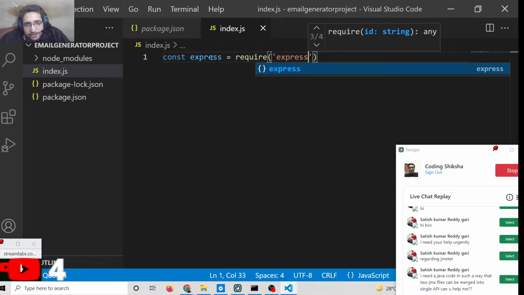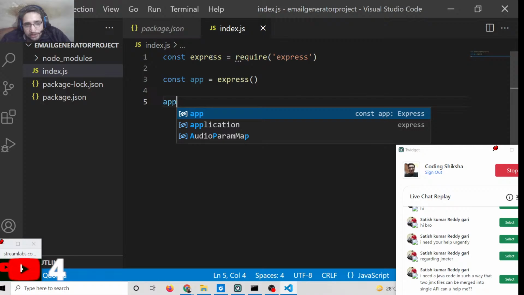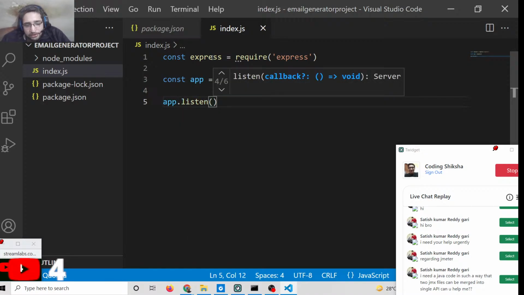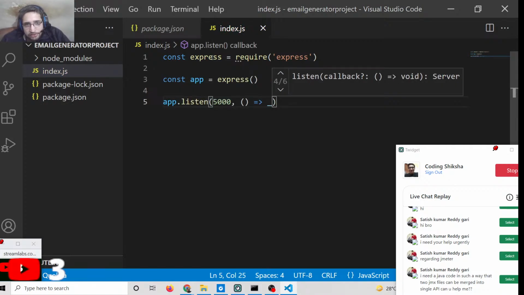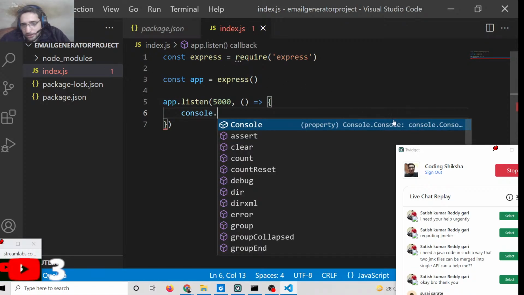So we will include the express module. We will say const app is equal to express, and then we will start our program at port number 5000, and in the callback function we will simply say